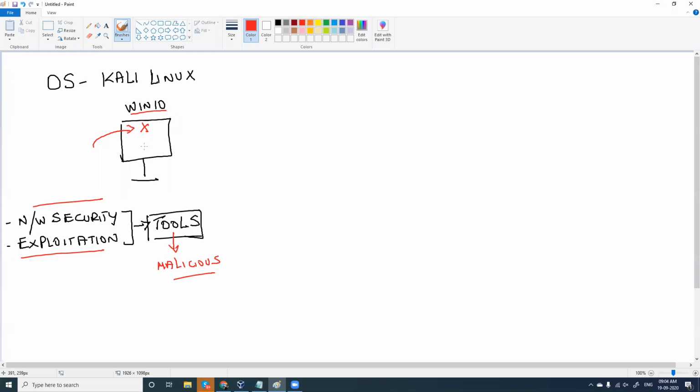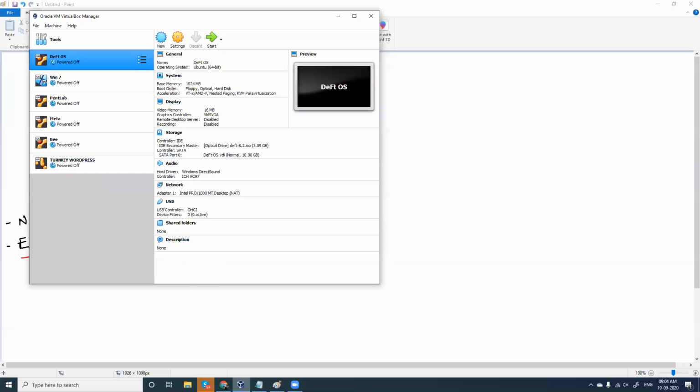In a sandbox environment, we install an application called VirtualBox here. You can go for either VirtualBox or VMware, but what is recommended is VirtualBox, right? So we have VirtualBox. It's an application which can be installed in your computer just like this. It looks like a normal application here. Yes.